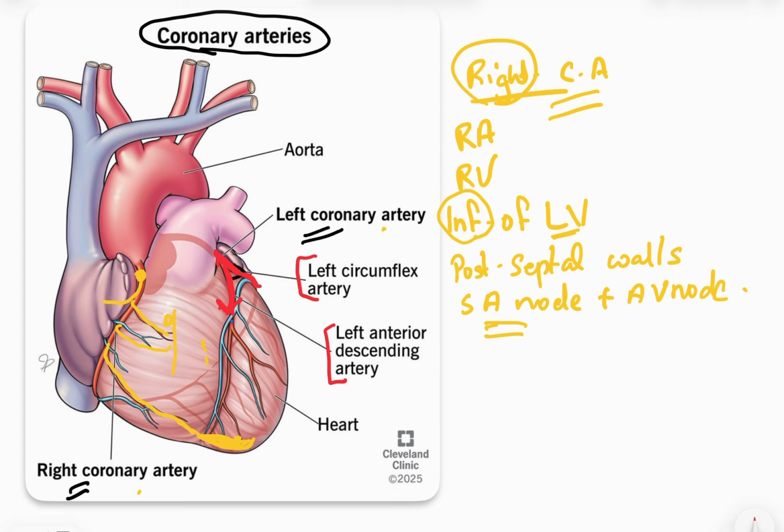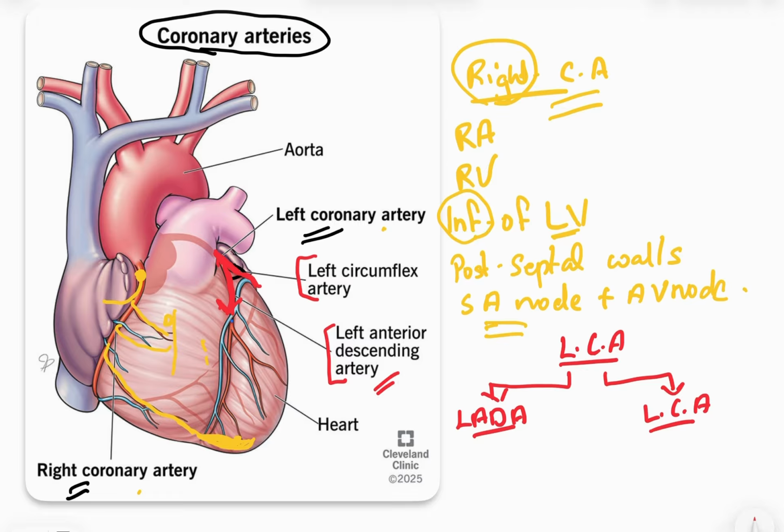The left coronary artery has two branches. The first one is the left anterior descending artery and the next one is the left circumflex artery. Okay, this is the most important point. The left anterior descending artery supplies blood to, as we all know this is left, so it is going to the left side, the anterior wall of the left ventricle. You can see the anterior wall of the left ventricle,